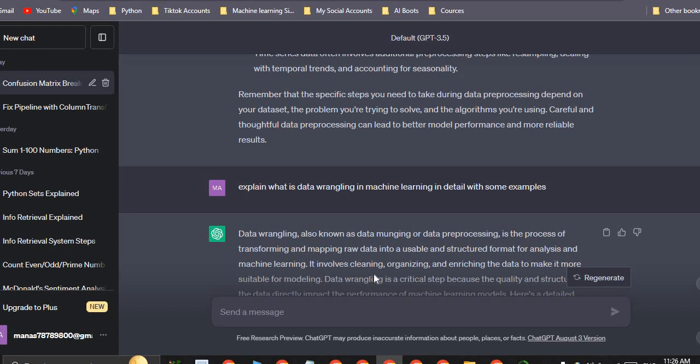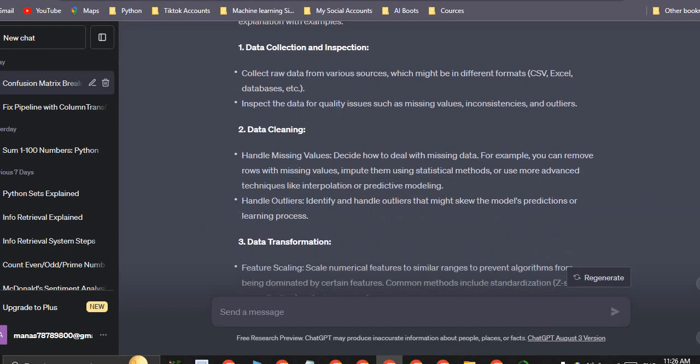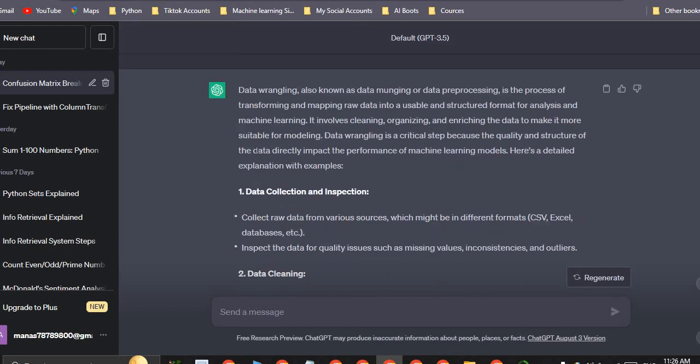It involves cleaning, organizing, and enriching the data to make it more suitable for modeling. Data wrangling is a crucial step because the quality and structure of the data directly impact the performance of machine learning models.